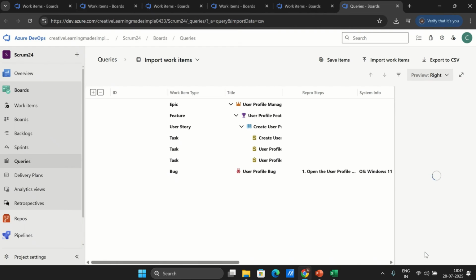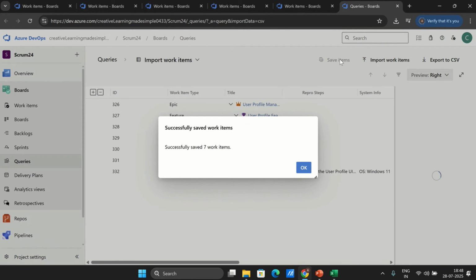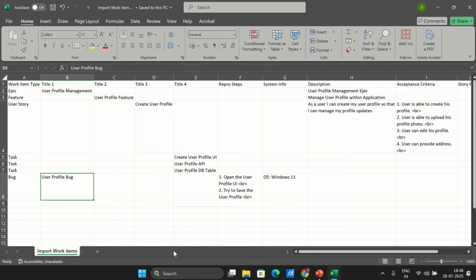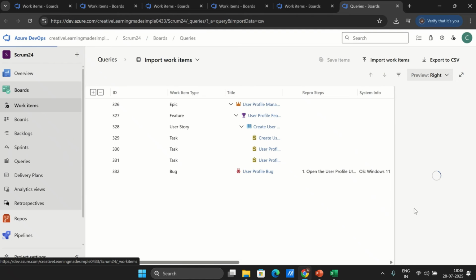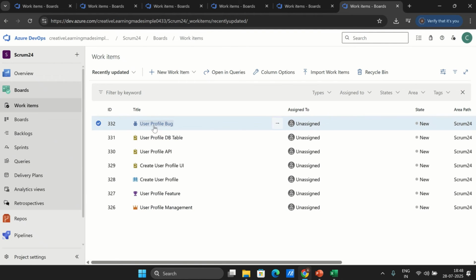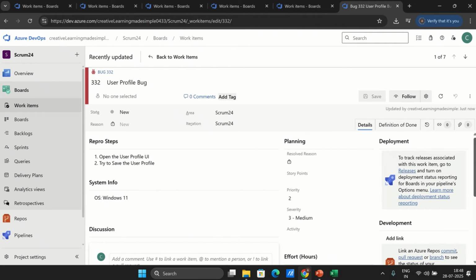and say import, and now I say save items, so it has successfully saved 7 work items, and we can see we have 7 items here. We have 1 epic, 1 feature, 1 user story, 3 tasks, that means 6, and 1 bug, which is 7. And now if I go to the work items and now if I try to open the bug,